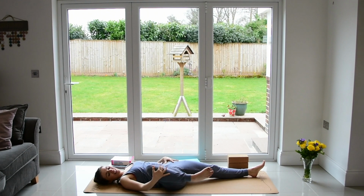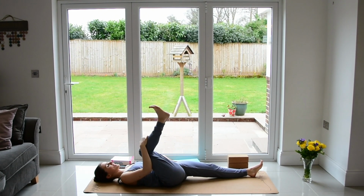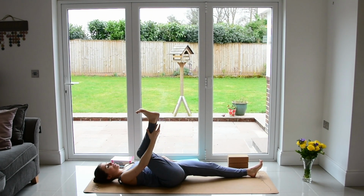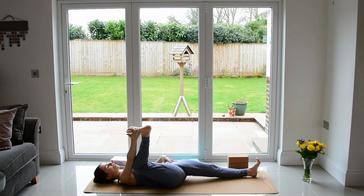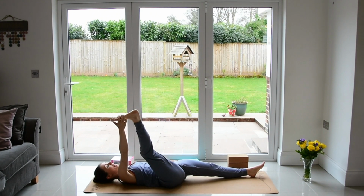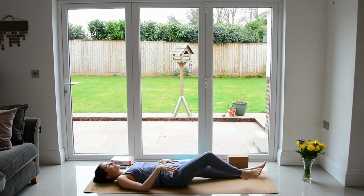Coming back to center, keeping the right knee hugging in towards the armpit as we kick the foot towards the sky. Half a happy baby pose, hand rests either on the hamstring, the calf, or the outer edge of the right foot. Notice where there's space today, listen in, keep this soft, be kind to yourself, and breathe here. Like to, for our last breath, explore lengthening the right leg out long and releasing back onto the ground,